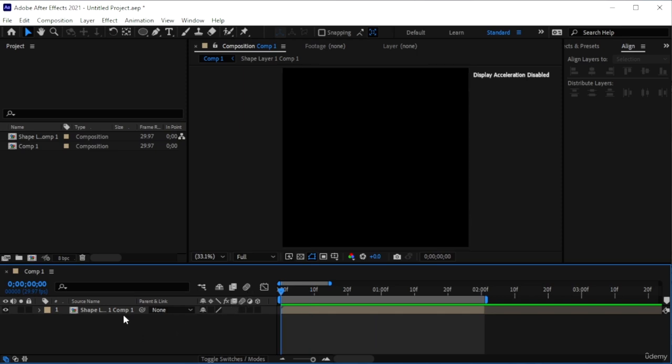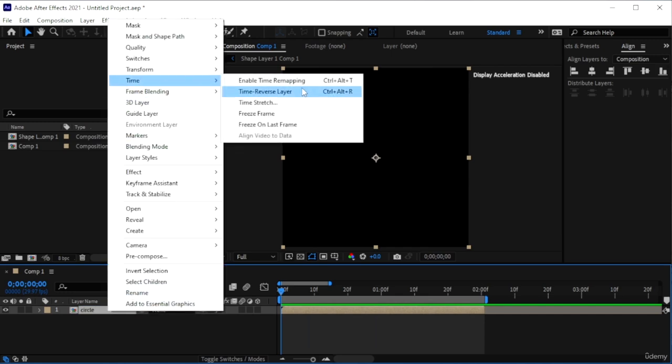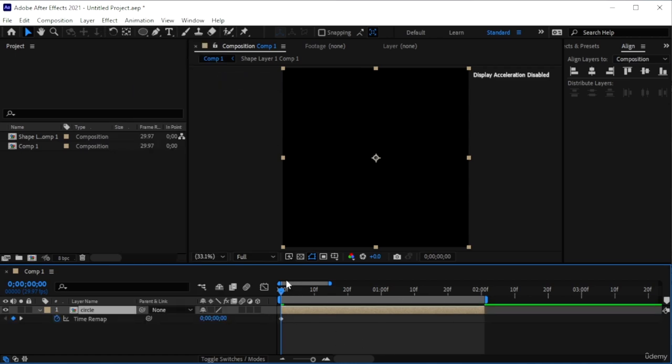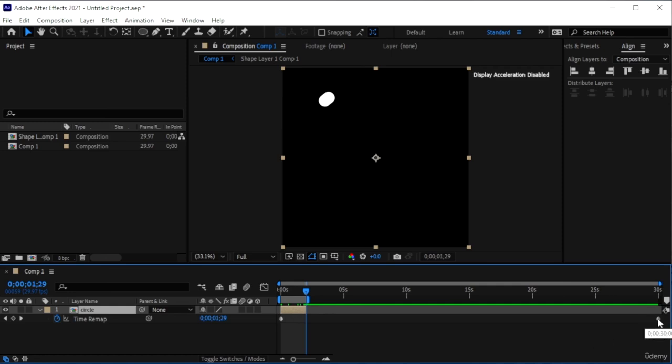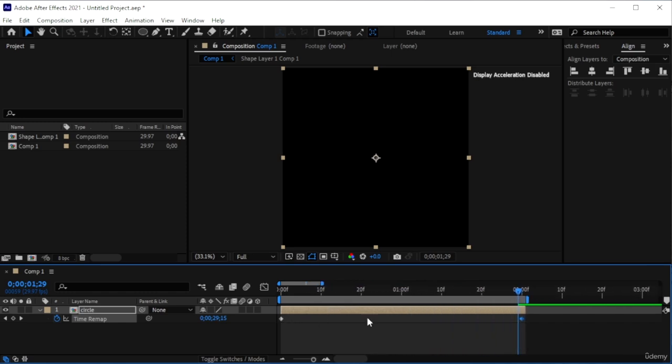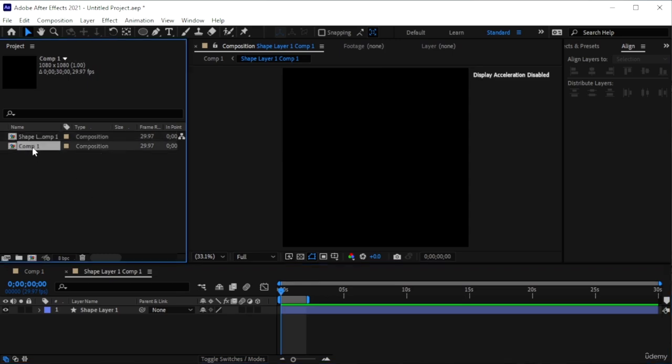Okay, go to the beginning. We're going to go on this guy. Let me call this circle. Go on the circle layer, and then we're going to right click, time, enable time remapping. So we're going to get 2 lines. Because we didn't trim our clip before pre-composing it, the time remapping is going to make a keyframe for the beginning and the end. And if we bring the keyframes closer, we're actually speeding the whole clip up. So as you can see, nothing's changed. It's just really fast. So let me actually just go back to the shape 1 composition, delete this,